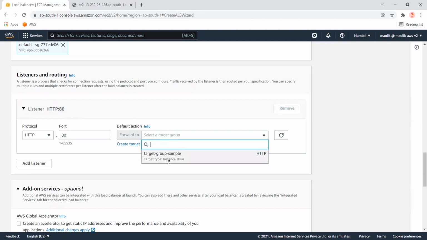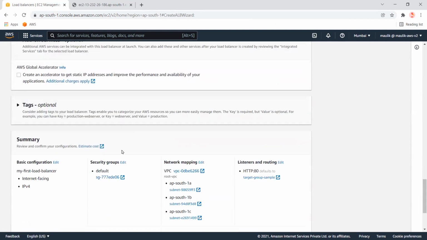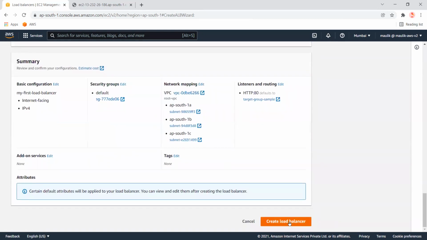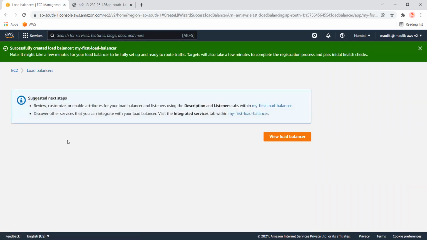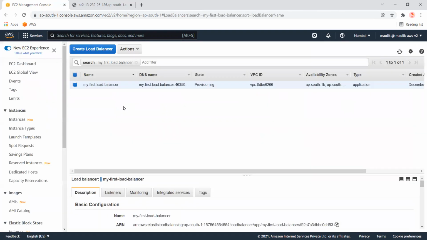Here we need to provide the target group to which we want to direct our traffic to the instances. Let's keep all the settings as they are, for simplicity. I'm just creating the load balancer. I'm pausing the video until it is ready.